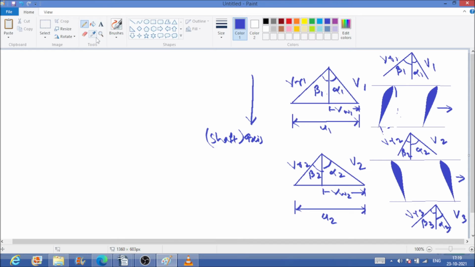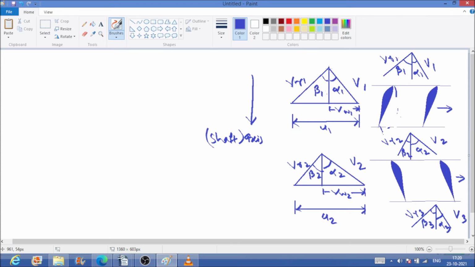Now look at this velocity triangle. This is my alpha 1, this is my v1. Alpha 1 is the angle between the axis and the absolute velocity v1, and this is my relative velocity, so that when it is rotating, the fluid should enter the compressor in the tangential direction to reduce the shocks. And this is my blade angle, which is beta 2. Blade angle stands for beta, and this is beta 1.